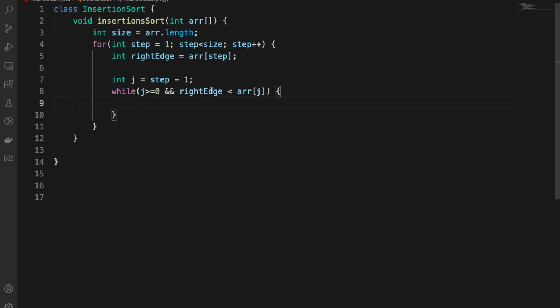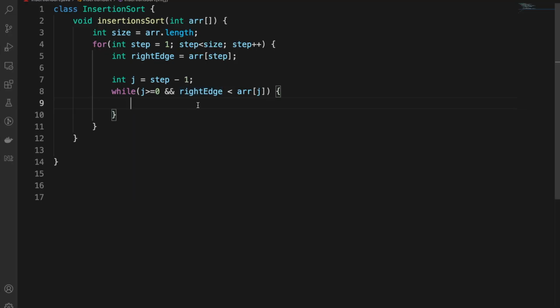So while j is greater than or equal to 0 and the element at rightmost edge is greater than these elements, we are going to keep going backwards. And once one of these conditions is false, we are then going to break out of this loop. So, but before that, till this condition is not satisfied, we are just going to pull all these elements one step forward. So what we mean by that, programmatically, we'll write it as j plus 1 equal to array of j, and we are going to decrement j, and once either of these conditions is met, we are going to break out of this loop,